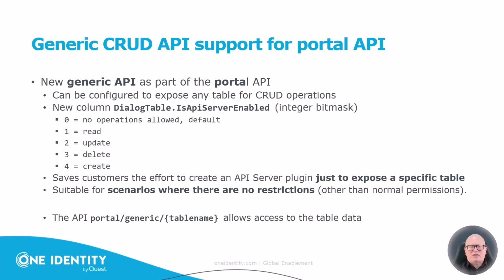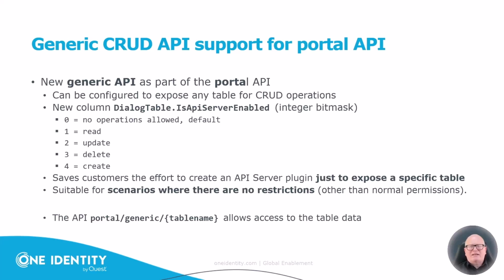What was not automatically extended is, of course, the API server, and what was necessary in the past: you needed to define your own endpoints. You had to create your own API server plugins to make that structure available. This is an option that exists, of course, in the same way as before, but additionally there now exists